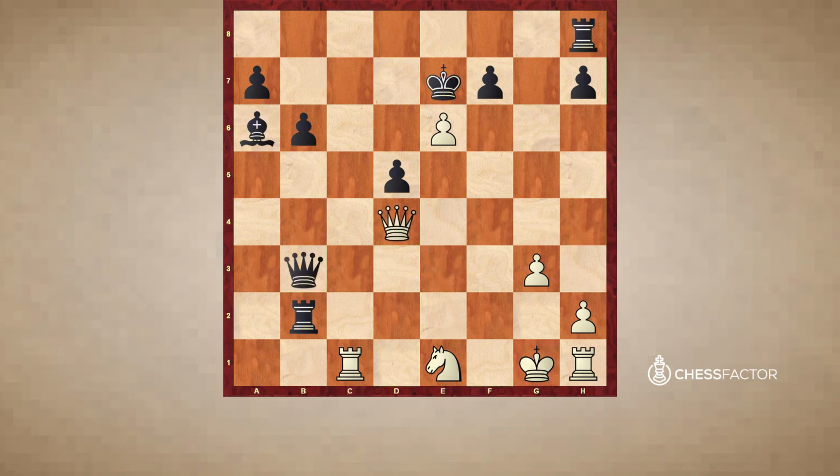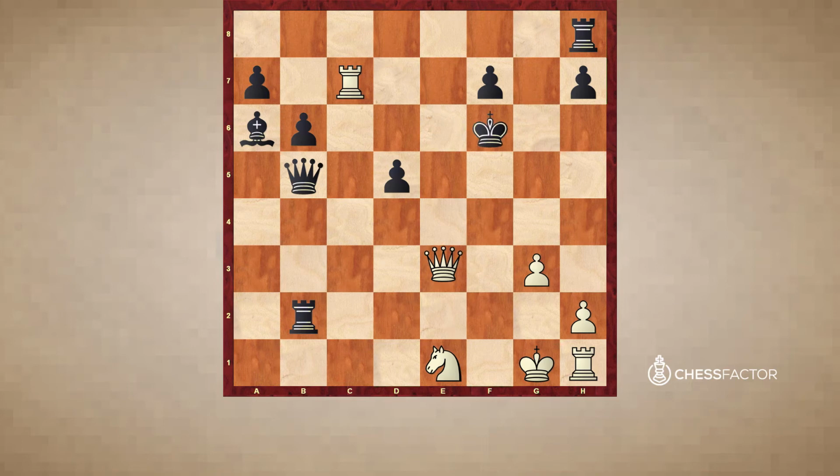Okay, so king to e7, rook to c3. Queen steps back, again threatening checkmate if white captures, but rook c7 check. King goes to e6. Everything else was pretty much as bad. There is no defense. Queen e3 check, king f6, queen e7 check, king f5, queen takes f7, king g5,